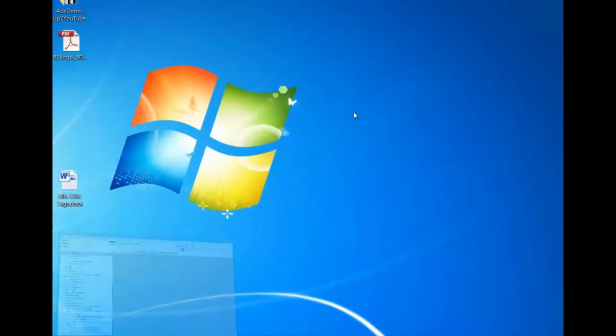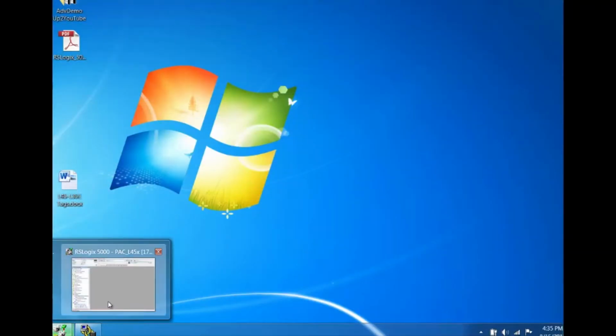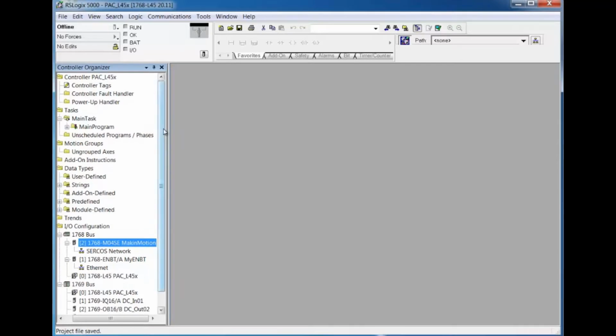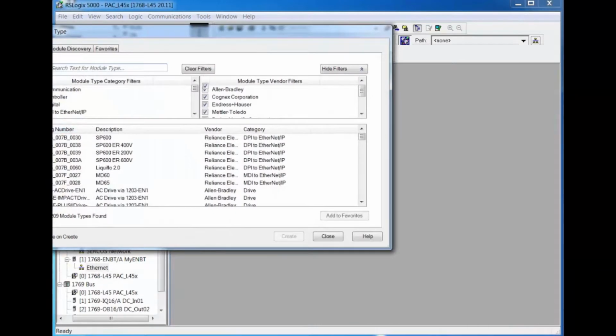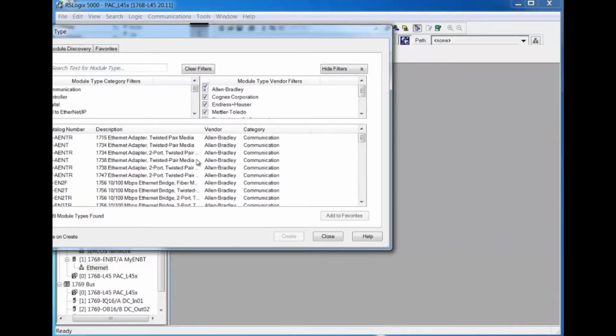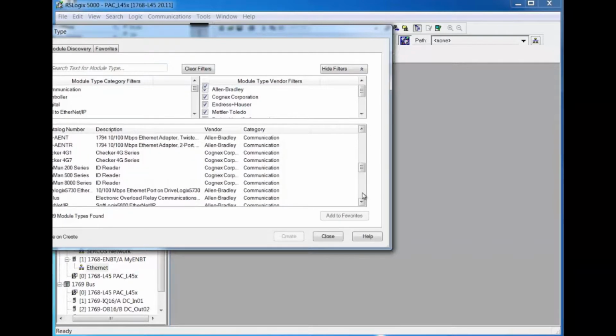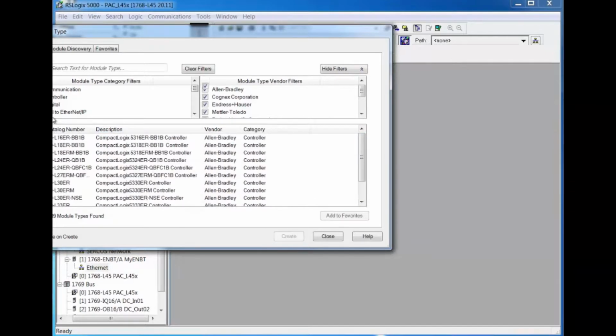Then we're going to minimize it and bring up the other processor. This is the L45 now. See, PAC L45, little x because it's a copy. We're going to go to Ethernet, new module. Now we're going to click on communications, and you can see a bunch of devices. Now we're going to click on controllers and unclick communications, and we're looking for the L35E Ethernet. There it is right there. So if I unclick communications,